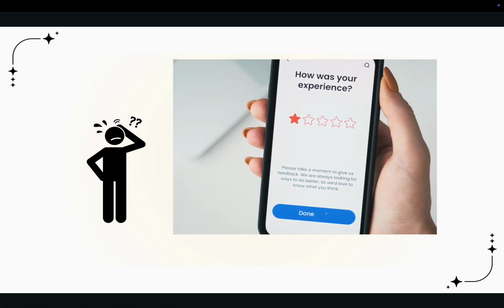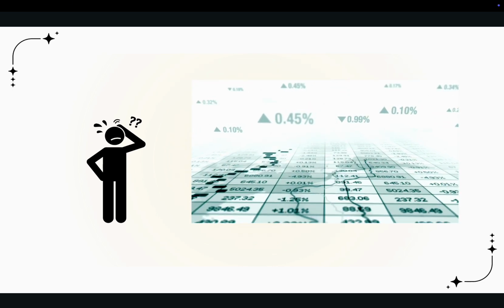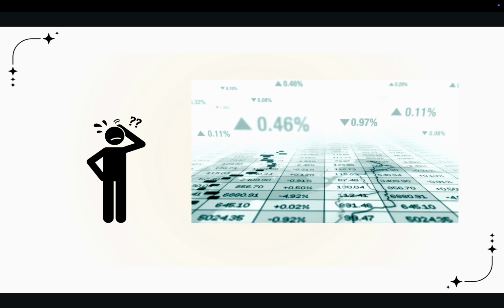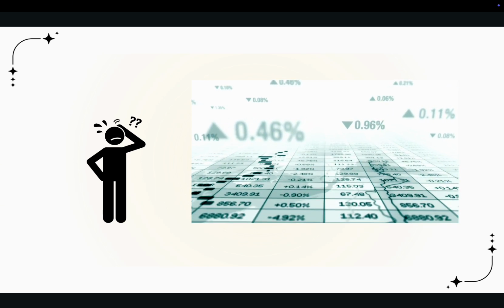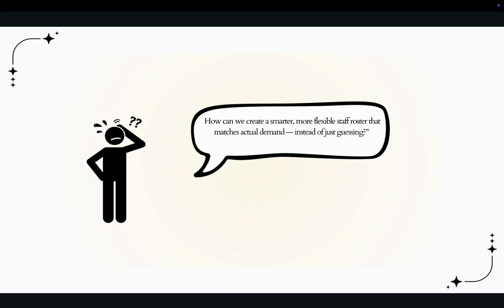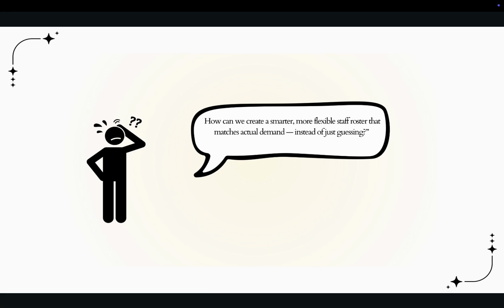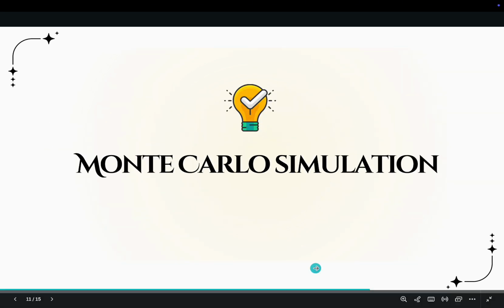and unhappy customers. The challenge is customer traffic and sales change daily, and we can't predict exactly how busy we will be. So the problem we want to solve is how can we create a smarter, more flexible staff roster that matches actual demand instead of just guessing. This is where Monte Carlo simulation comes in. It helps us simulate thousands of sales scenarios based on our best data, then estimate how many staff we actually